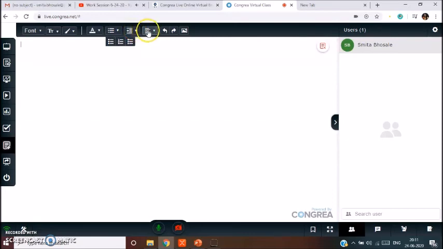So these are the different options provided. You can also insert an image. You can also turn on the collaboration. So this is all about the text editor.